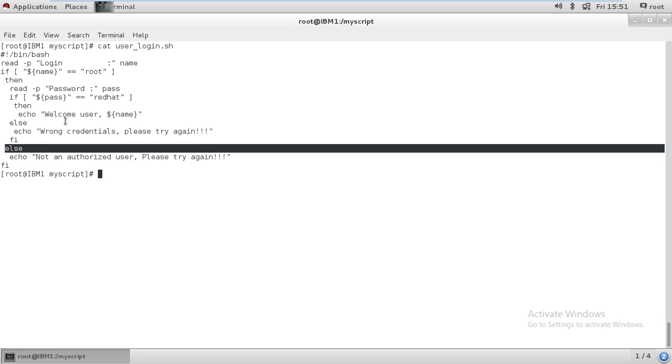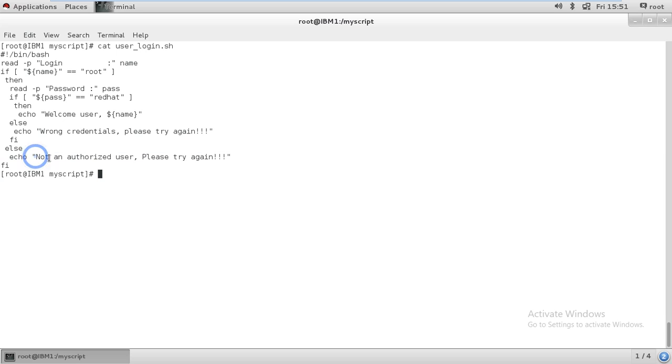What I'm saying is, if the username is wrong, then it will give me "not an authorized user". Then I am going to close the very first statement which I started. So I close the very first statement. Now if I go and execute it,